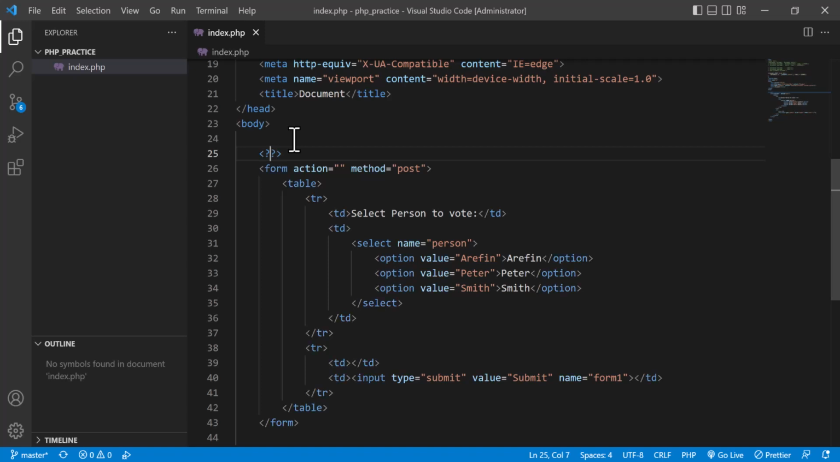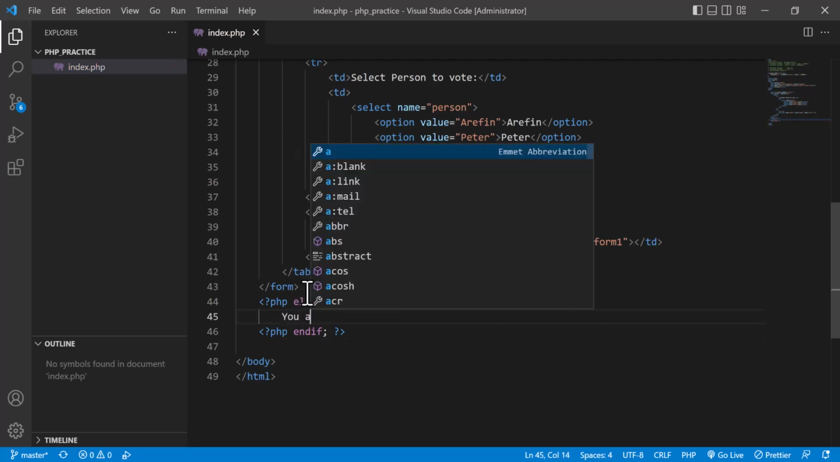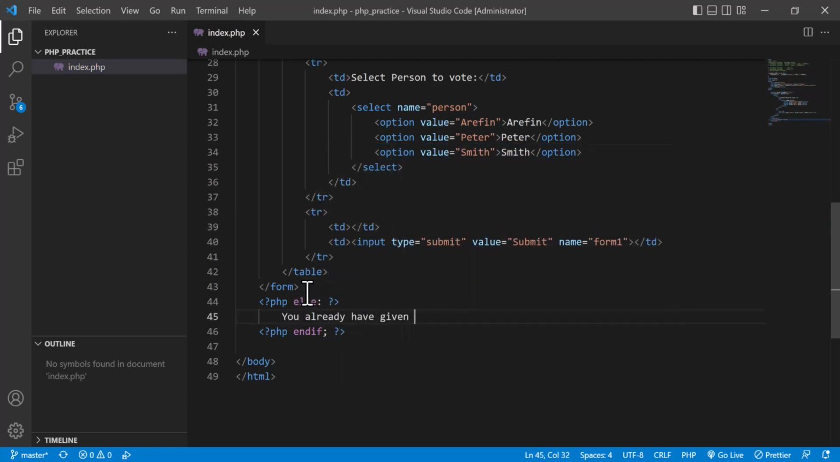For example, here I am going to check if not is set. That means the cookie variable of pr. So if not is set this, then only this form will be shown. So here I am going to call PHP, and here it can tell else. Okay, and after that I will call endif like this, and here will be you already have given vote